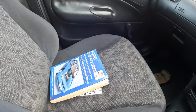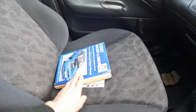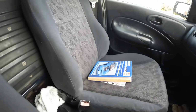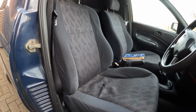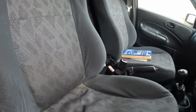van. As for documentation with the van, I didn't get too much. I just got this Haynes manual and I've got a couple of old MOTs. So yeah, really not a lot on that front, but we're not going to worry about that too much. As we look at the seats, they're in real good condition. There's no rips or tears to the bolsters. They do just need a real good hoover because there is a lot of dog hairs that have accumulated on